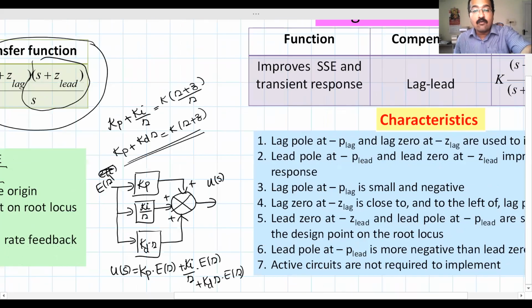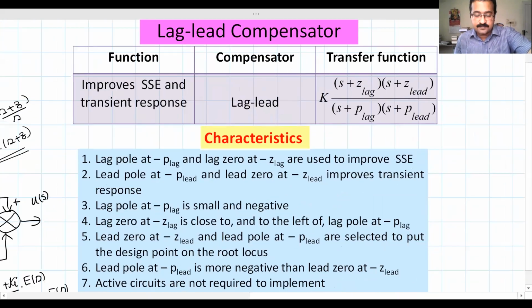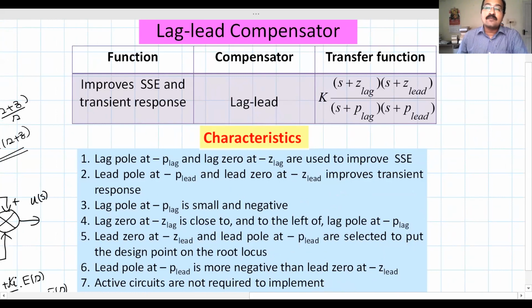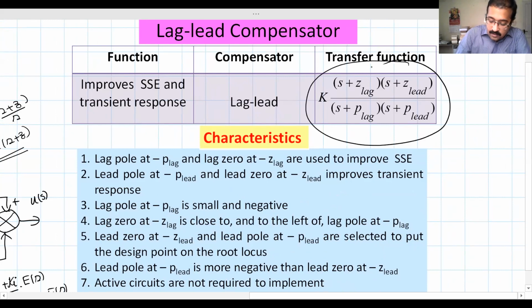Or equivalently, we have what is called a lag lead compensator. We know that a lag compensator is an approximation to a PI compensator, and a lead compensator is an approximation to the PD compensator. Right? So there also it improves the steady state error, but error is not driven to zero. That's the difference. The advantage is that it can be implemented using passive elements like resistors, capacitors, etc. So this will be the general transfer function for the lag lead compensator. We will take up the design of these two with the help of Rootlocus.